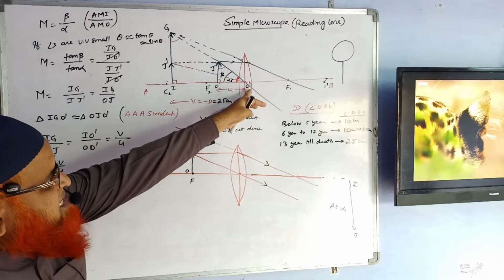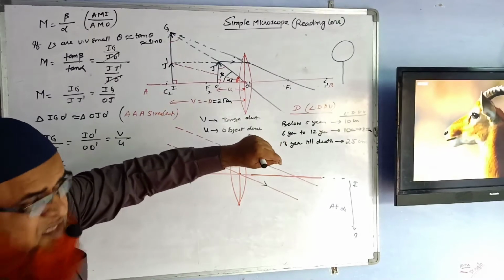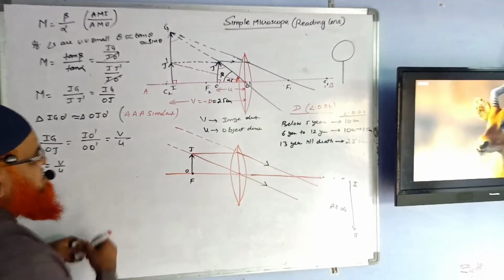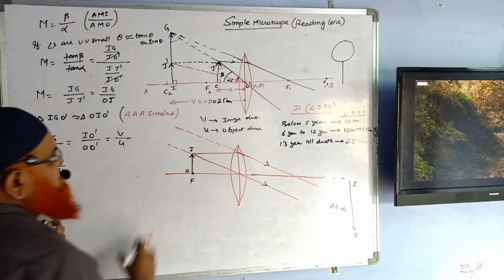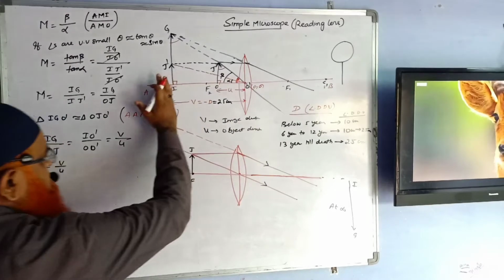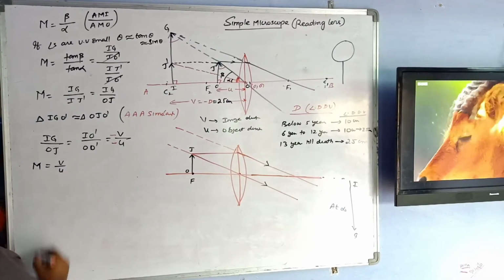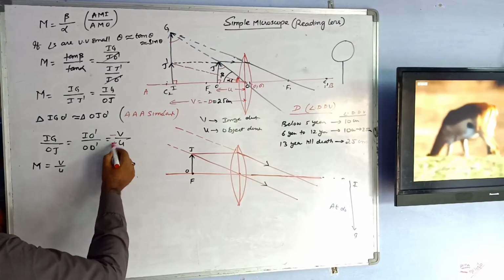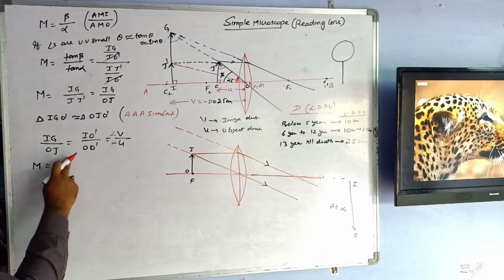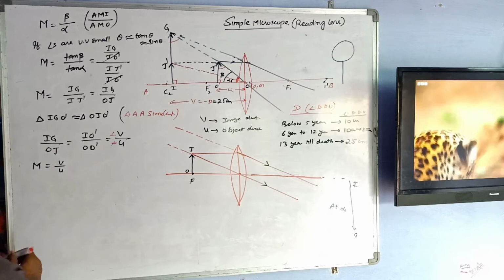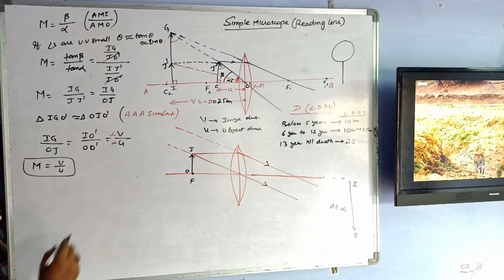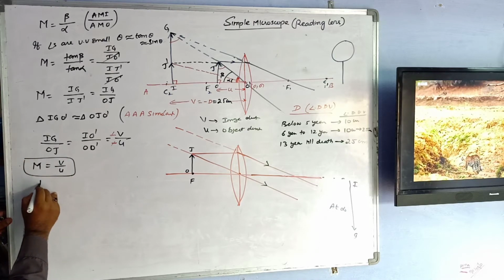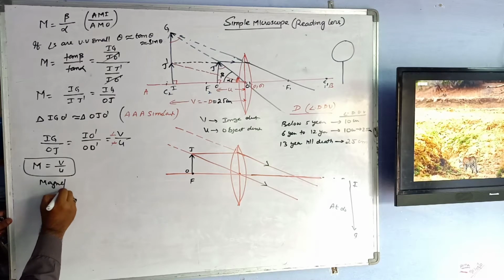This optic center O dash is considered to be the origin of this lens here. So let us imagine it to be the origin. O dash is going to be 0, 0, just like an origin in a coordinate system. Anything that comes left side is considered to be minus here. So both are minus, then anyhow they are going to get cancelled. So magnification is considered to be V by U. Okay, so this is called as magnification. Next, we shall discuss the next topic, that is called as magnification.